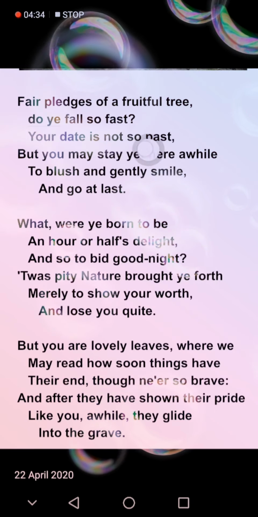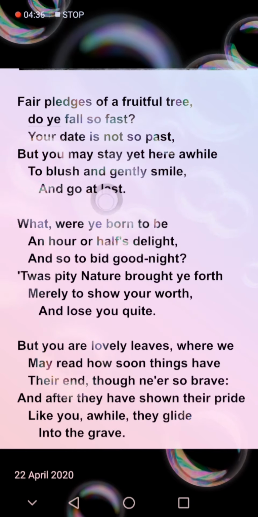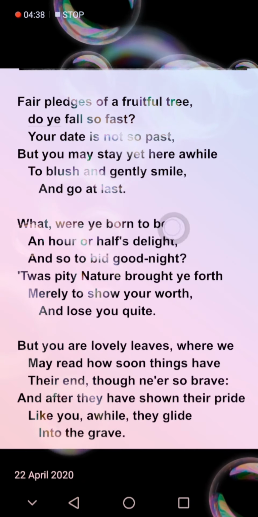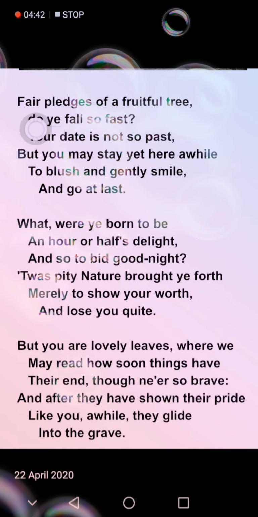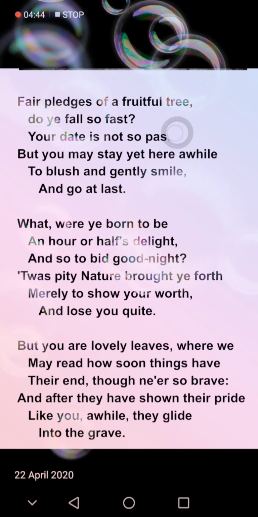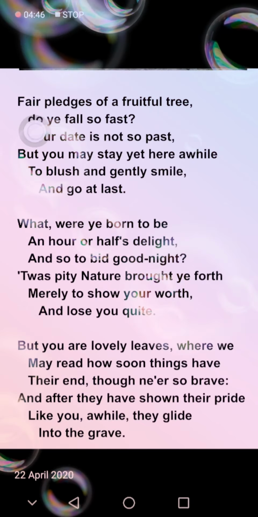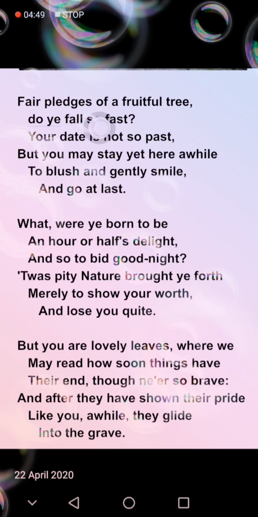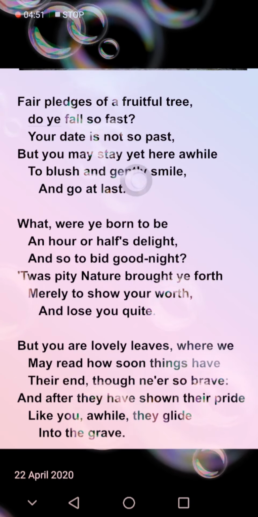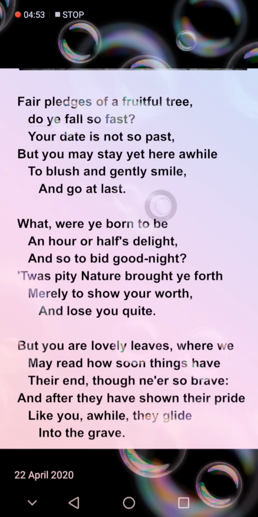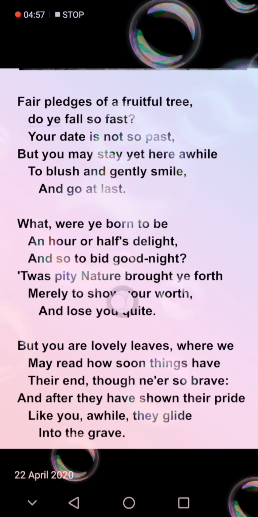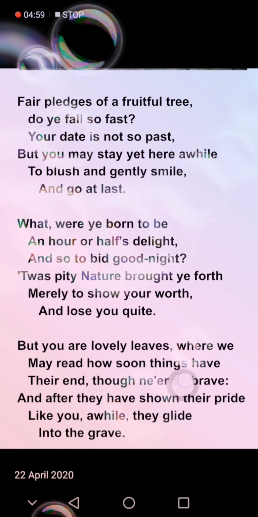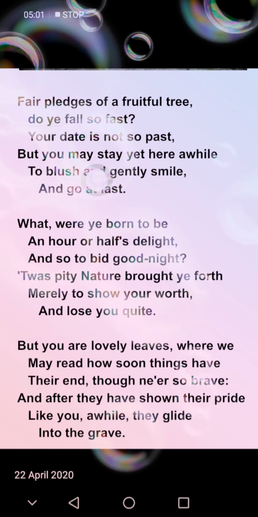And if you see, we have a mixture of feelings here in the poem, negative and positive words. Fair pledge is a promising, positive word. Fruitful tree is a positive word. Then we have smile is a positive word. Born is a positive word. And nature is a positive word. Lovely leaves is a positive word, and then we have negative words also, like